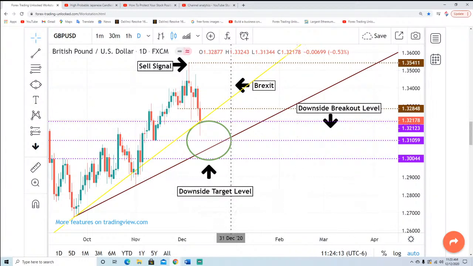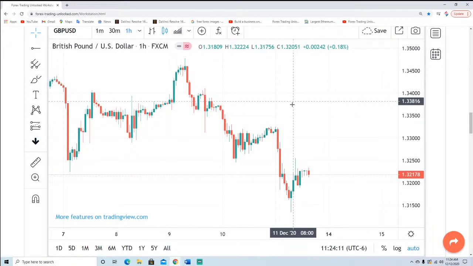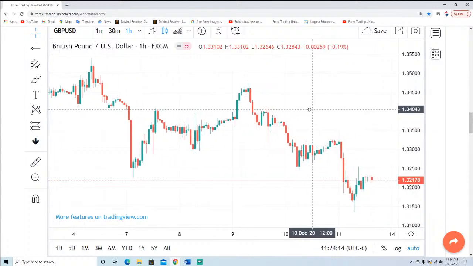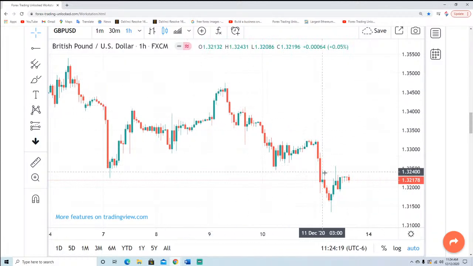So short term on the hourly, we have a coinciding daily sell signal after a higher move high, but from that higher move high, we've made lower move lows and lower move highs on the hourly basis. So I think that we're going to maintain that short-term trend of lower move lows and lower move highs on